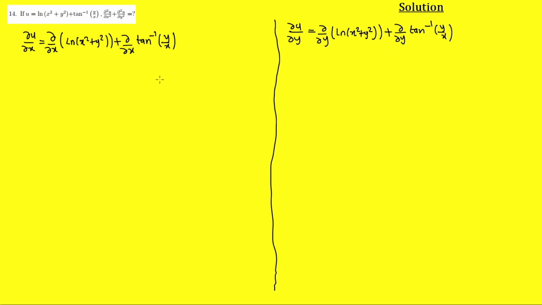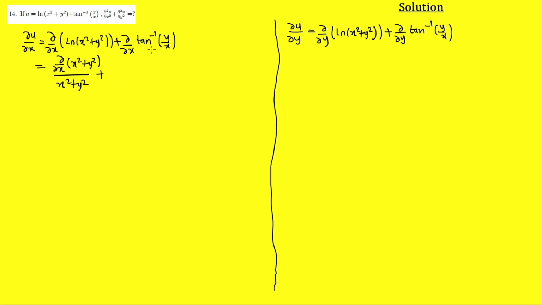Okay, so here don't forget that anytime you want to differentiate the ln of a function, you take the derivative of that function then divided by the function itself. Now if we differentiate this partially with respect to x, that means we need to differentiate x squared plus y squared partially with respect to x. Okay, that means we have d dx of x squared plus y squared all divided by x squared plus y squared, then plus,